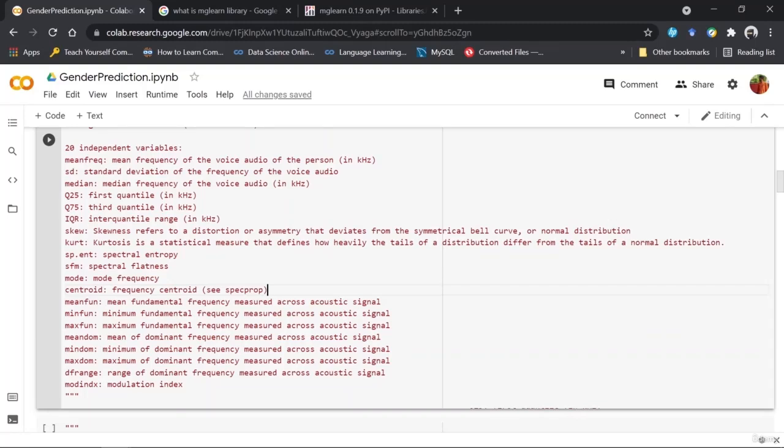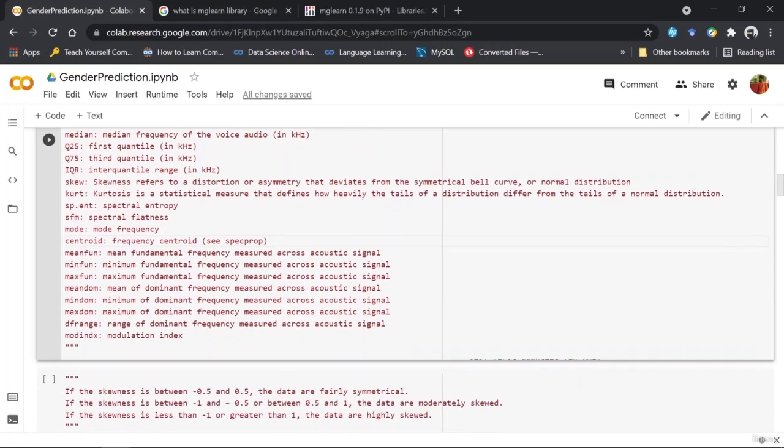Again, if you're not understanding this, it is better to search for spectrum and see what all information it gathers and what all information it outputs, and what each of the points, that is, mean function or maybe mean DOM, actually means. Now moving forward,